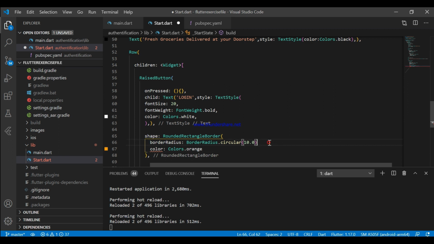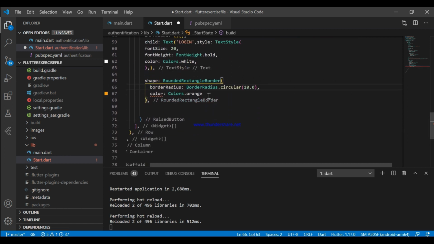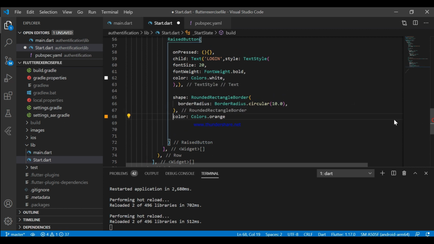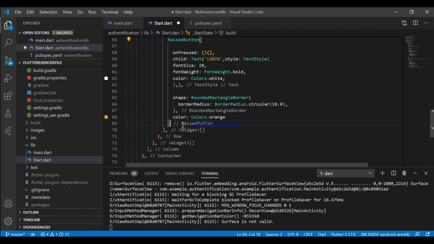Also provide color to the raised button. Paste this. Now for the register button, just copy this and paste this here.